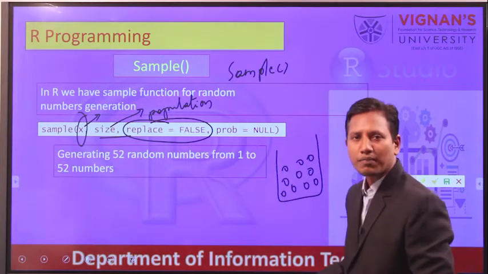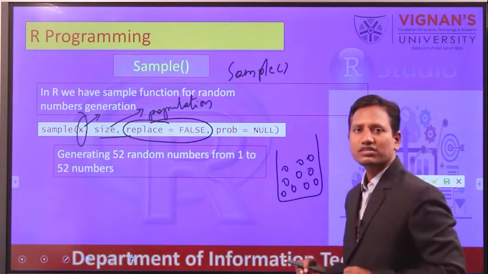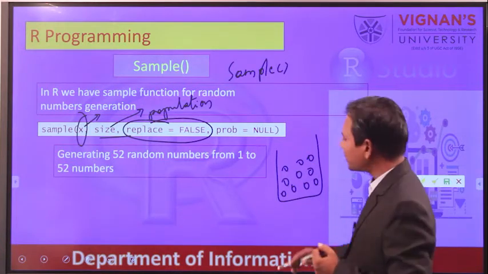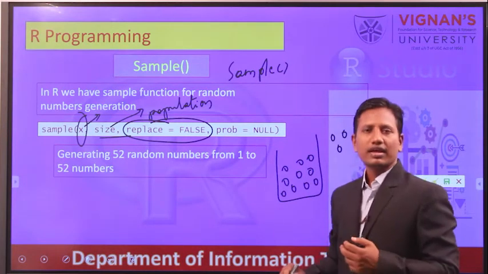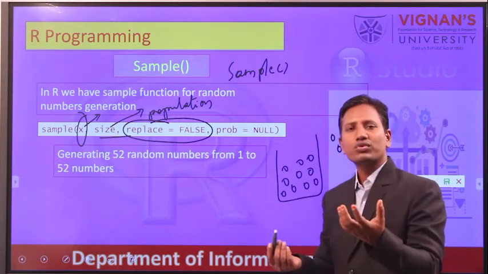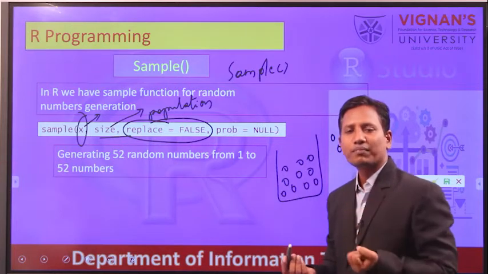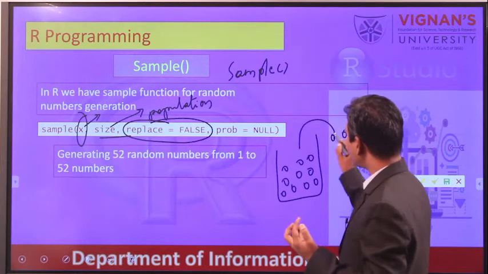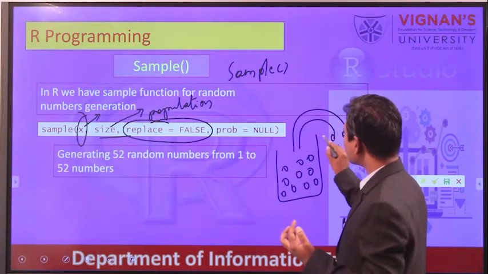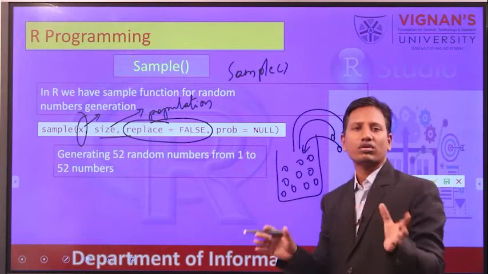And we are asking the sample function to pick some balls. Assume 3 balls. So it has picked 3 balls. And the second time when you call the sample function, whether you want to put these 3 into the box again or not.